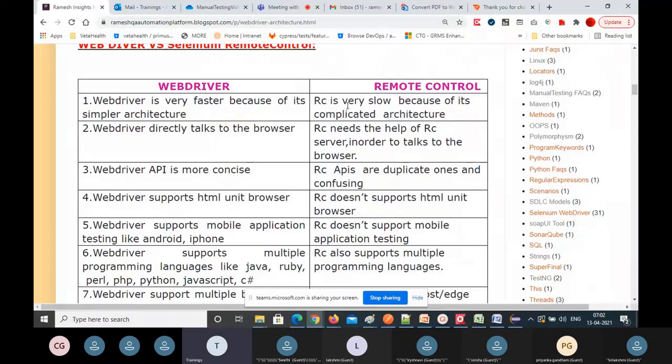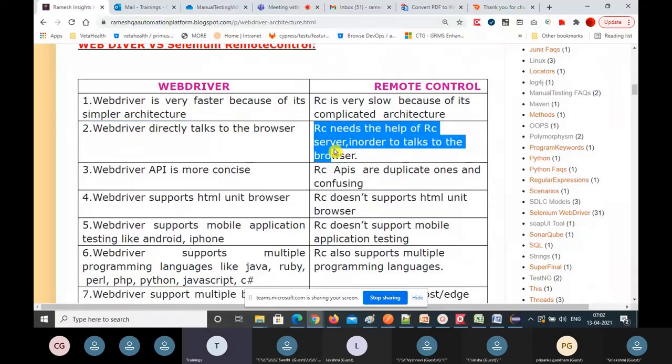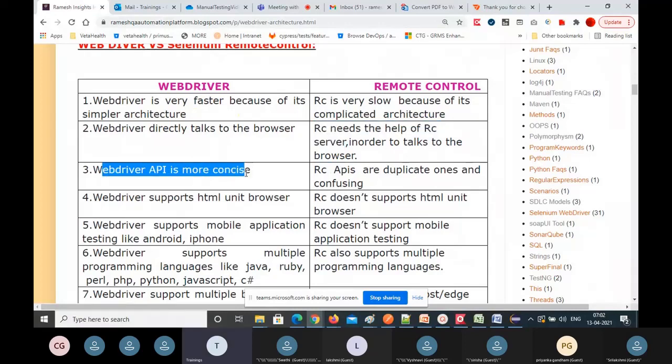We have seen the RC architecture and the WebDriver architecture. There is no server here. WebDriver talks to the browser directly, and RC needs the help of the RC server in order to talk with the browser. WebDriver API is more concise, and RC APIs are duplicate and confusing. For the same task, they provided 2-3 methods, but WebDriver is not like that.